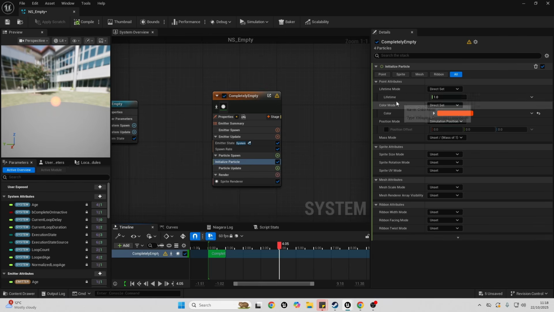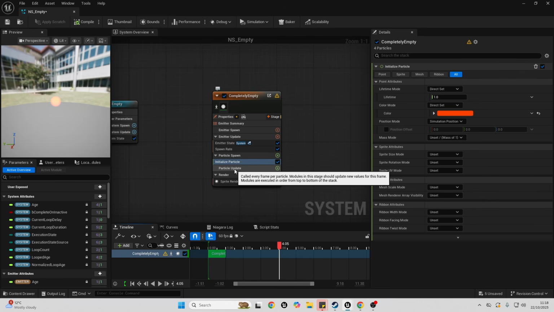So right now, this is telling me I have 4 particles which are spawned when I'm at second 4. Although if my particles each last 1 second, then I should technically only have 1 particle being spawned here. So the lifetime is not actually working. So with some settings, we need to override them. If I just go over to my particle update, which will happen every single frame for each particle that is alive, we could just go here